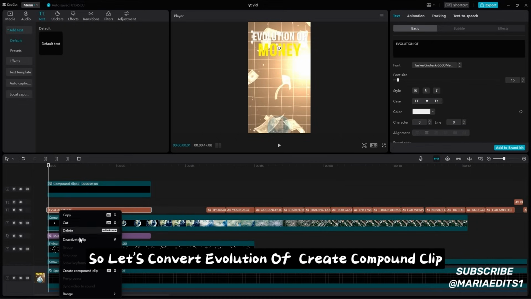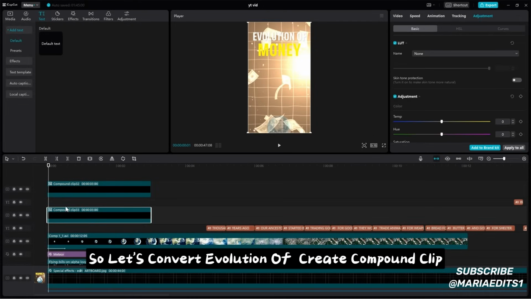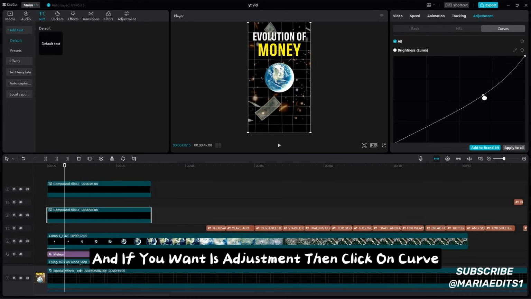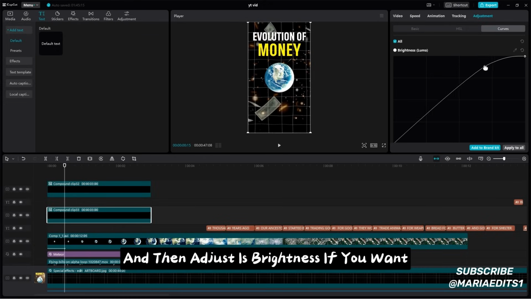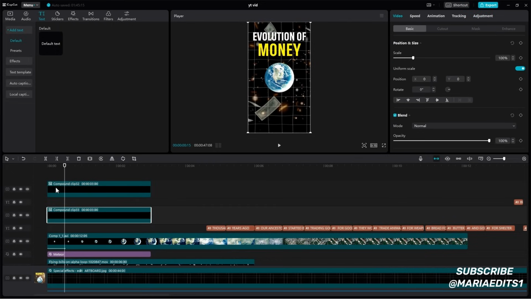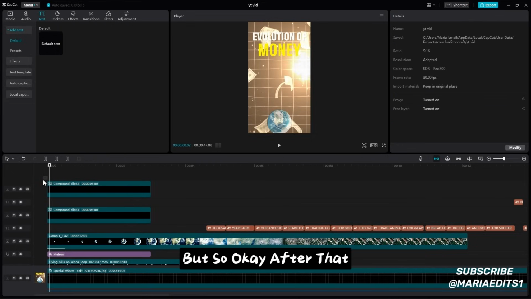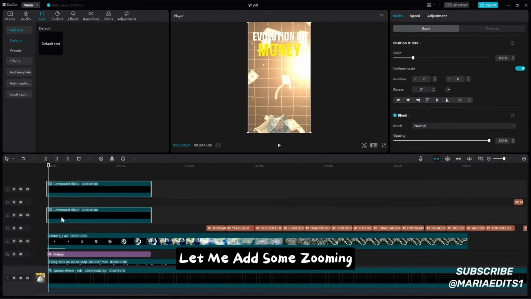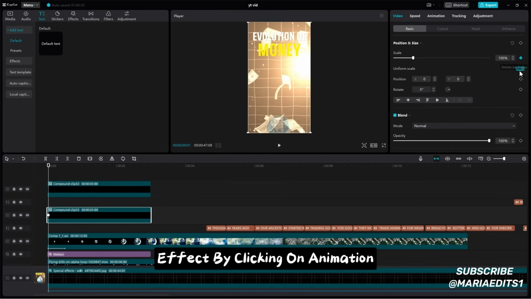So let's convert this by creating a compound clip, and if you want to adjust it, then click on curve and adjust its brightness if you want, but if you don't want, then you don't need to. After that let me add some zoom in effect by clicking on animation, so scale, position and